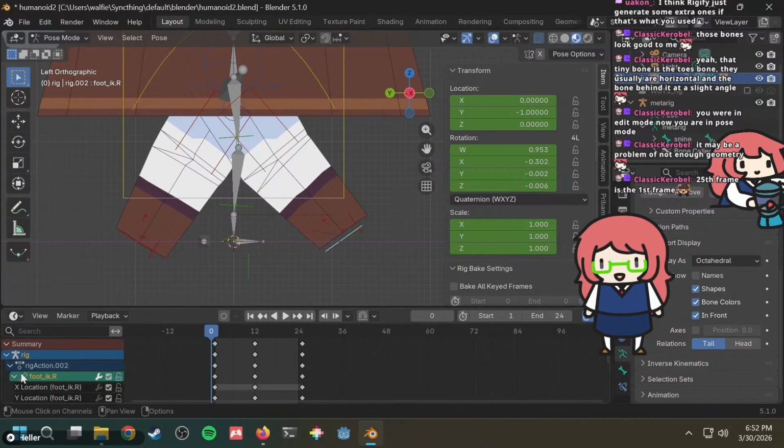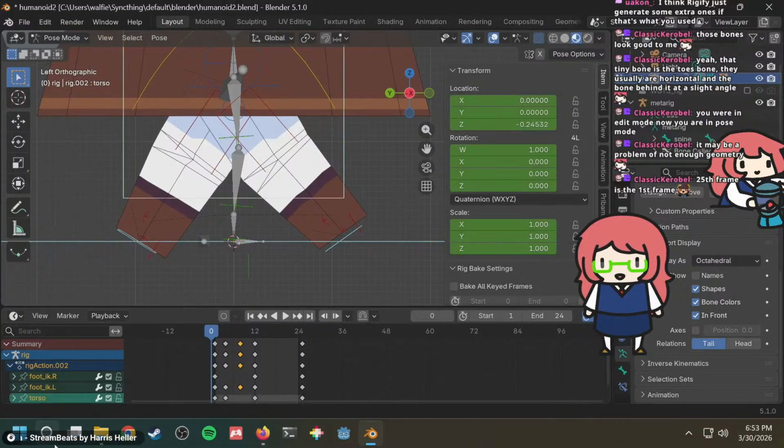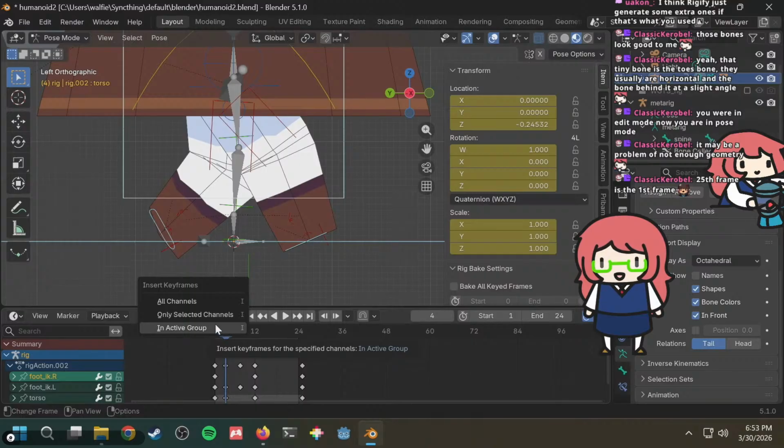Where's the other things that I've chosen? Is there a way to get them to all show? Do I have to select all of them? I guess I do this. Click on this guy, click on that guy, on this guy. Oh, so I did not add a keyframe for the right leg. Is that why it looks weird now? Let's go here. Let's insert keyframe. There. So we gotta reset this one.